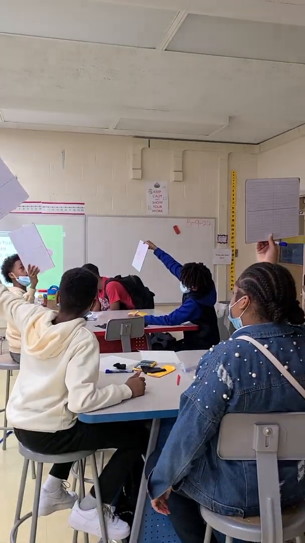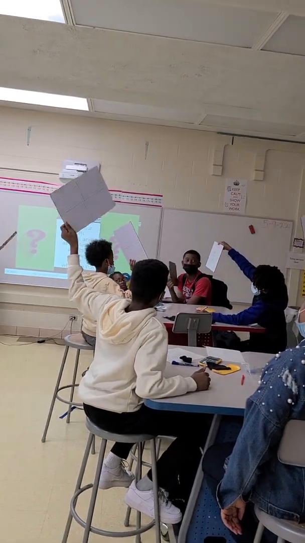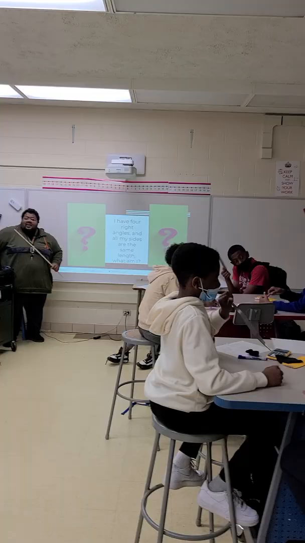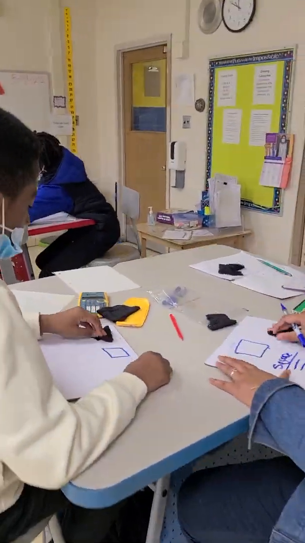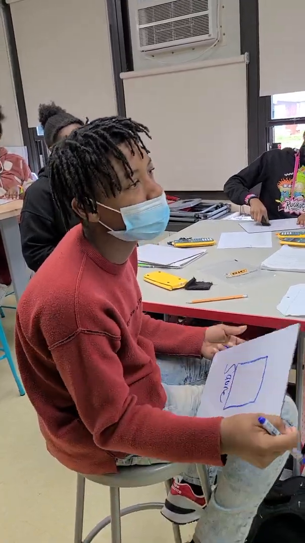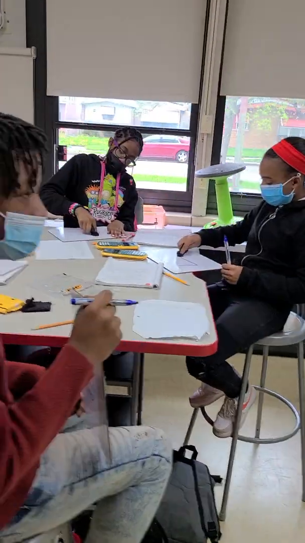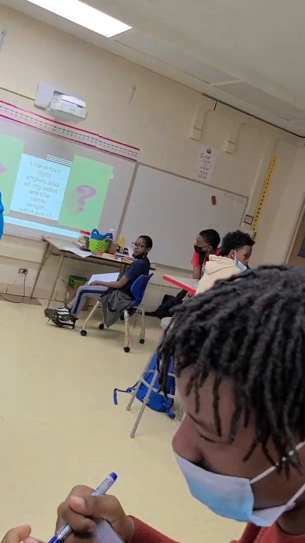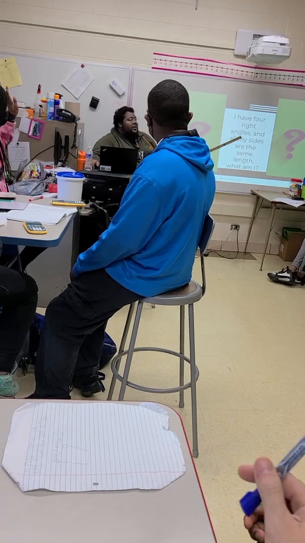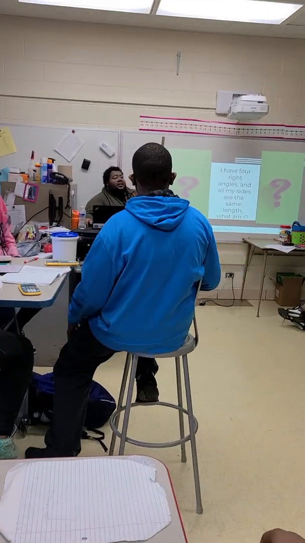Square. Hey, I like that board. Frank, why is it a square? We've got 4 right angles in there, and the sides are the same. Alright. Did anybody write a rectangle? Why is it not a rectangle? Because all of it